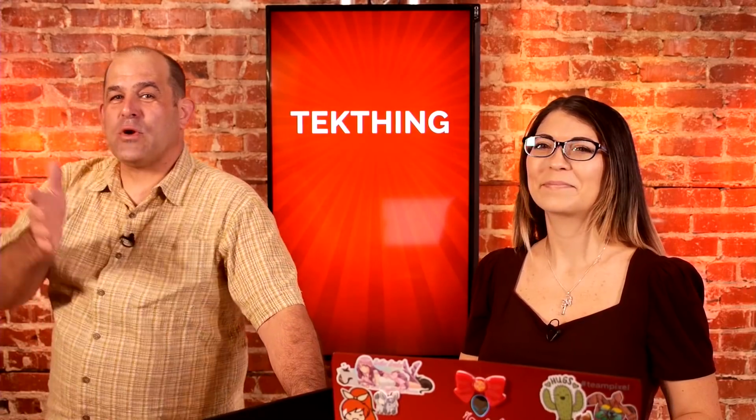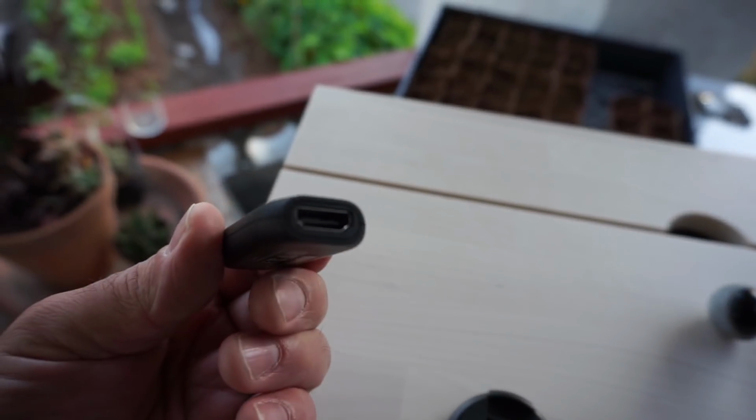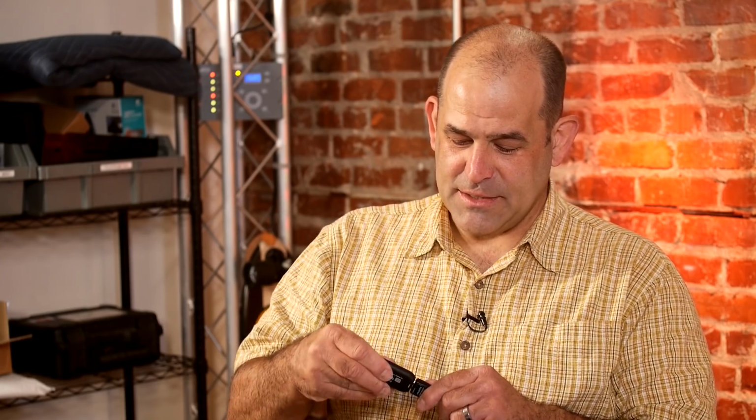But the trick was to change my long-suffering webcam out for a better camera. So this is what traditional webcam video looks like, and this is what my webcam video looks like now. Literally, the difference is changing everything. So key for me on this was an Elgato Cam Link, which is this USB dongle right here. It's so cute. It's so tiny. It even does windows, and if I hold it the right way, the logo's the right side up. So I picked up one of these, and recommendation, they put a USB extension in the box, because when you have something this big sticking out of the back of your PC,